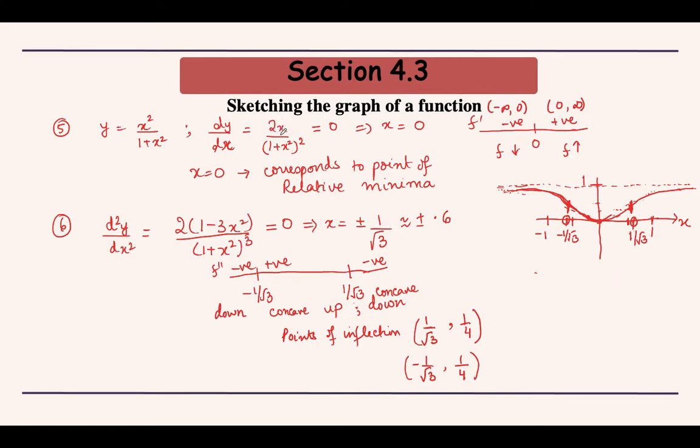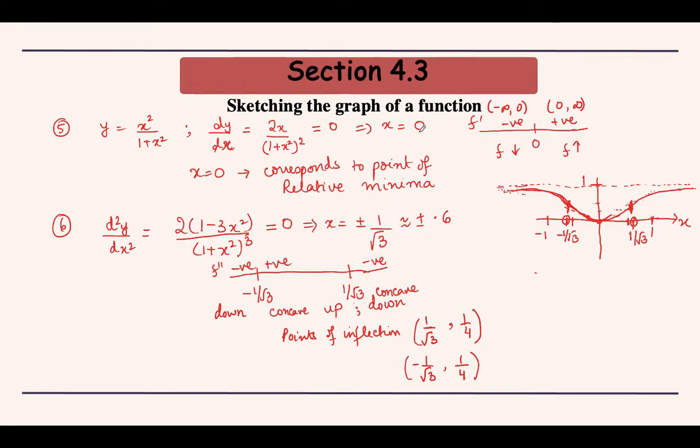So whenever your x is negative, this whole expression will become negative, and whenever x is positive, this whole expression will become positive. So our sign of f dash is negative on the left of 0 and positive on the right side of 0, which means 0 gives us a point of minima. The behavior of the function changes from decreasing to increasing. So this 0 gives us a point of minima.